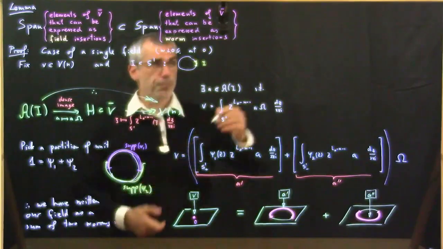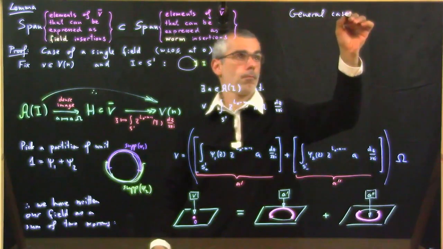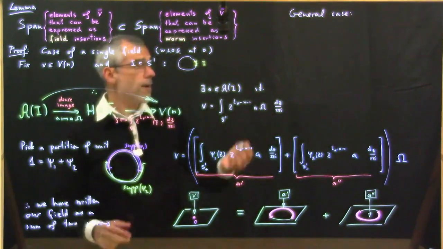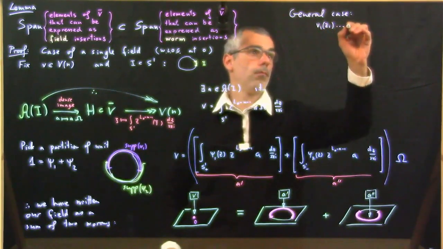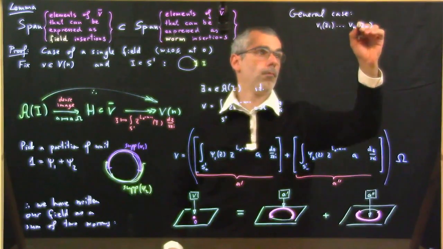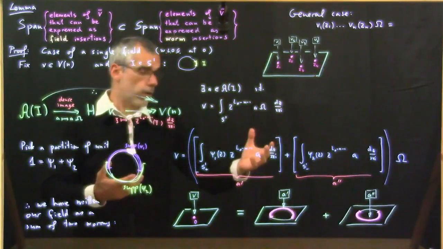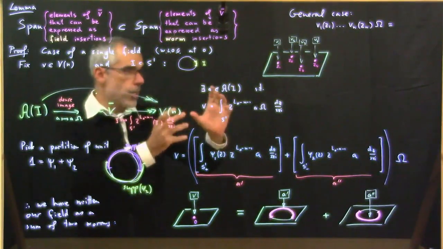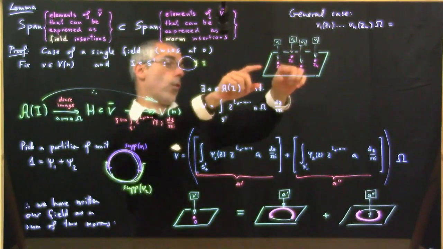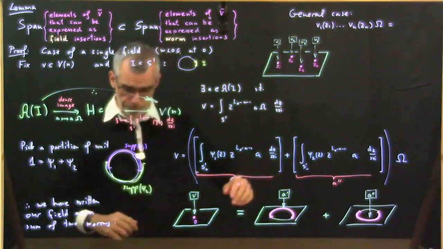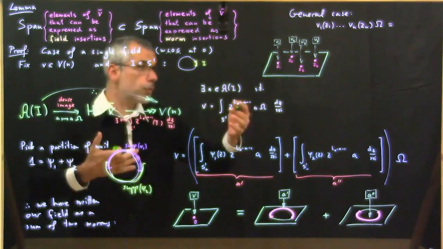For the general case, we now have n fields. We write each one of these fields as a sum of 2 worms, and we adjust the size of the circle that we use so that it's not too big, so that it doesn't bump into the circles for the other fields. And so what we end up with is a sum of 2 to the n terms,